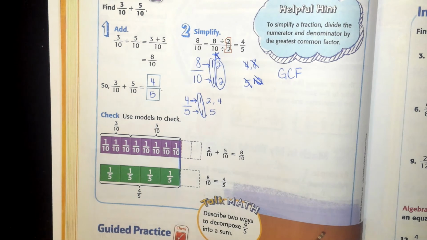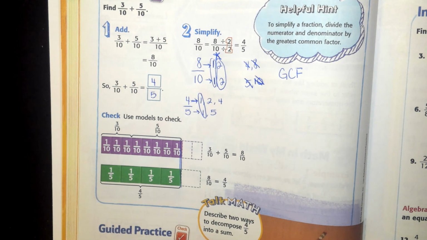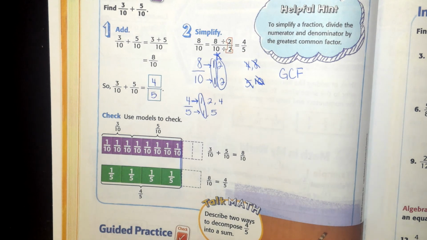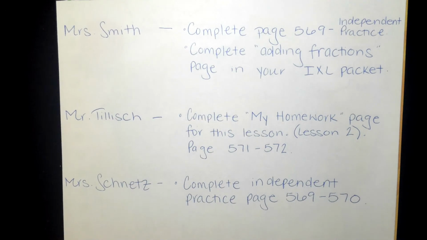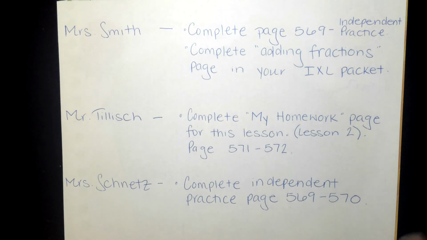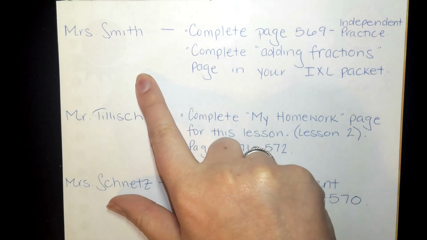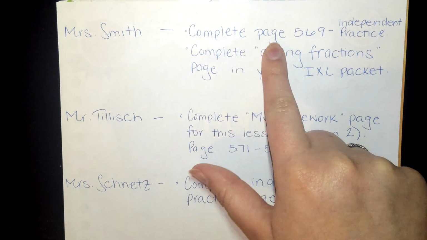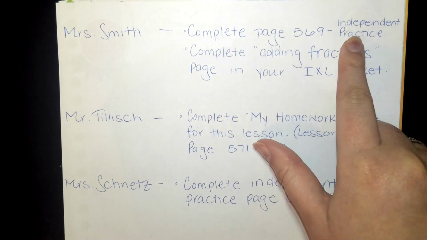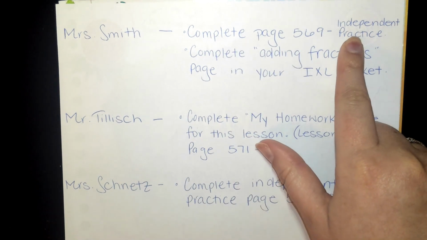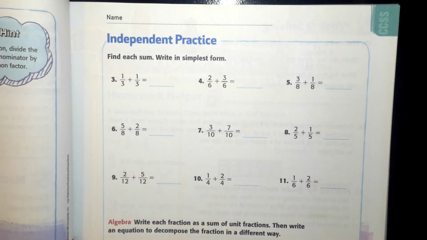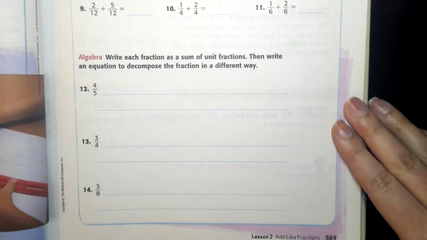Okay, so moving forward, your job now that you have watched this video lesson is to do the assignment that your teacher has assigned to you. Go ahead, and if you need to, you can pause this screen and take a look at what your teacher has assigned to you today. If you're in my class, Mrs. Smith's class, your job is to complete page 569, the independent practice front side of this lesson in your book. It looks like this. It's on page 569 in your math book,